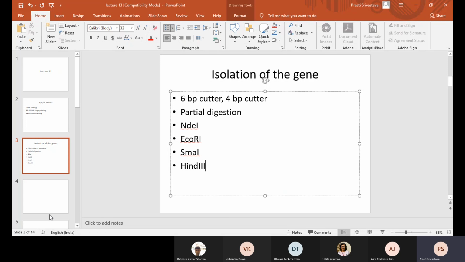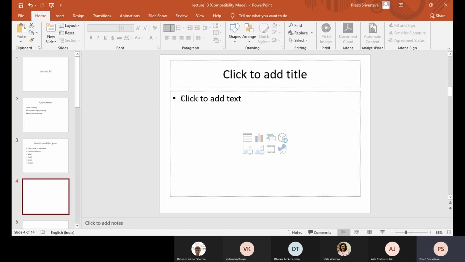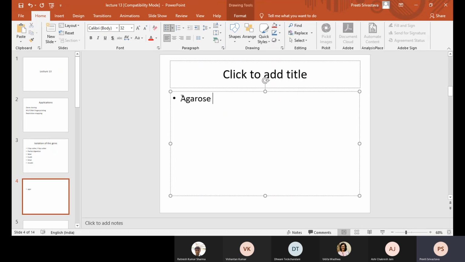After doing the partial digestion, what you will do is run it on a gel, right? So you will perform agarose gel electrophoresis. Class, then are we going to see discrete bands? You need to speak up. Are we going to see discrete bands if the genomic DNA is digested with any of these enzymes? No, ma'am. Smear. Okay. So you are going to see a smear of bands, right?